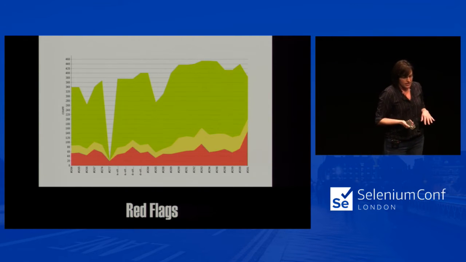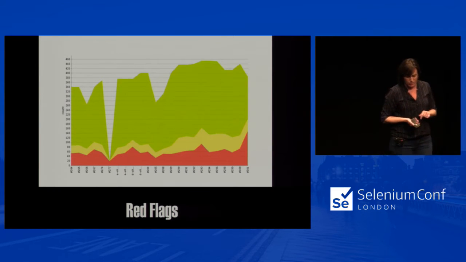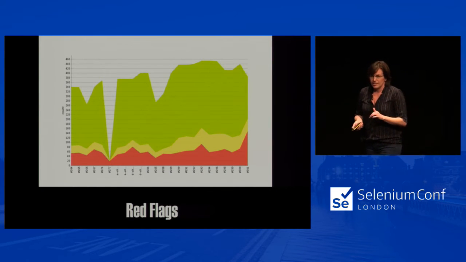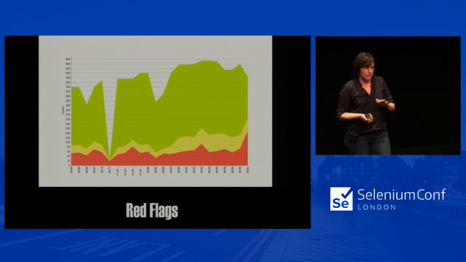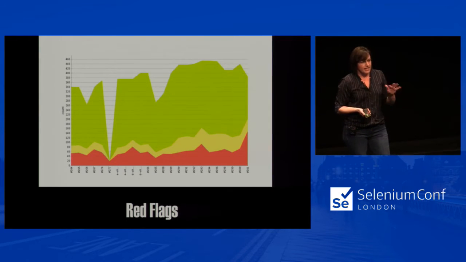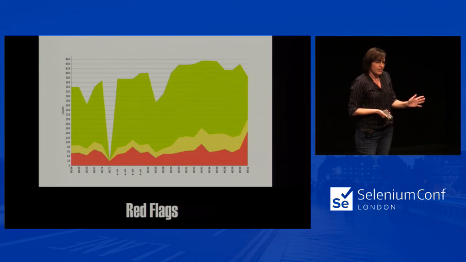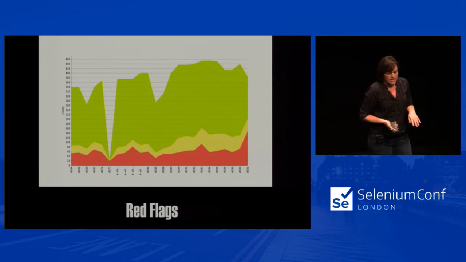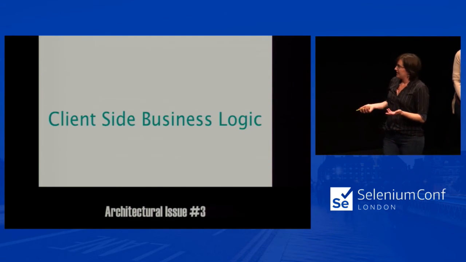And so the issue here is that the test cases are either way too complicated to be running within the browser, so they're not stable, or you've got too much complex business logic in your application that you're trying to cover with end-to-end tests, where it should ideally be covered at the API layer. In this case, we had to test it at the front end because all of that complex business logic was actually implemented in the client. So we're going to call this one client-side business logic.